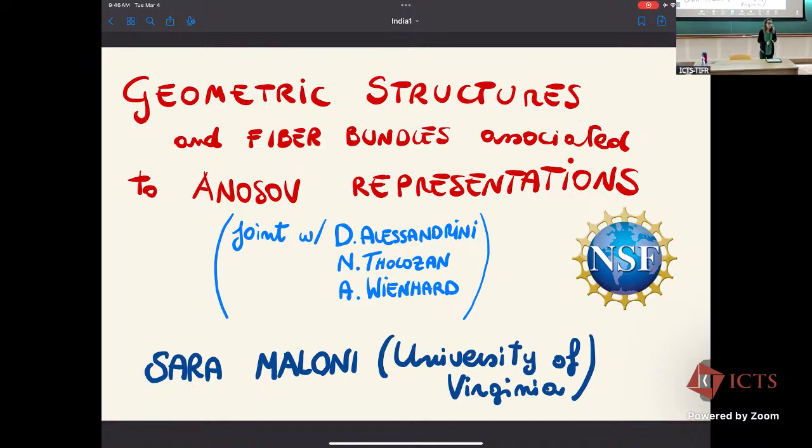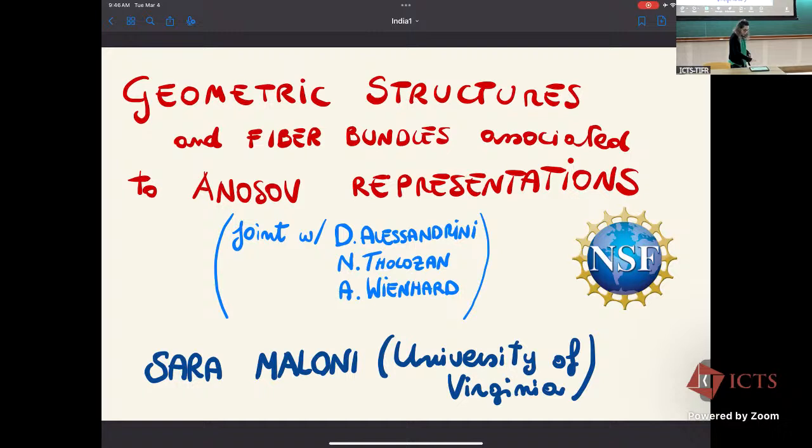So today it will be a lot of background. I'll start really with going through geometric structures to motivate the question that we will discuss. We'll start in the classical case of Teichmüller theory, quasi-Fuchsian setting, and then we will try to discuss higher Teichmüller theory. And since in that area the definition comes from representations, we will then try to see how much we can go back. Are there geometric structures associated, and what can we say about their topology?